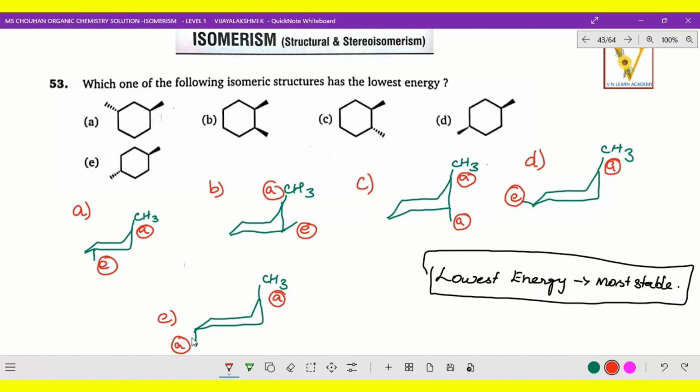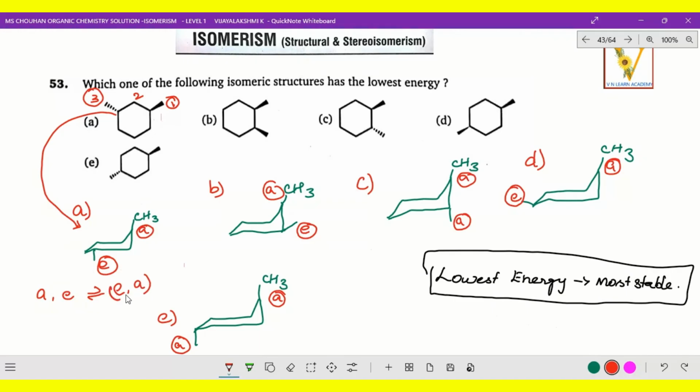Now we are coming to that point. See, axial and equatorial change when you turn it. For example, here A and E, that means axial and equatorial are there, no? When this position comes to the normal position, I bring it to the flipping way. When it goes to normal, it comes like this. So this is 1, this is 2, and this is 3. That is what I put, 1, 2, 3, right? So now E can turn into E and A.